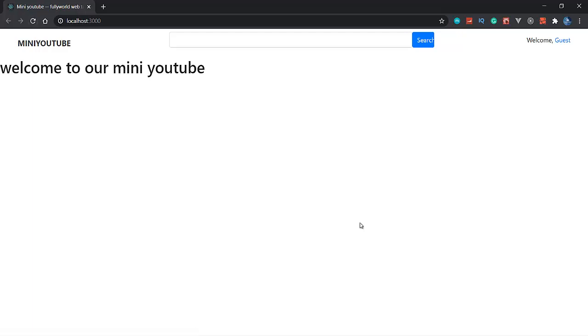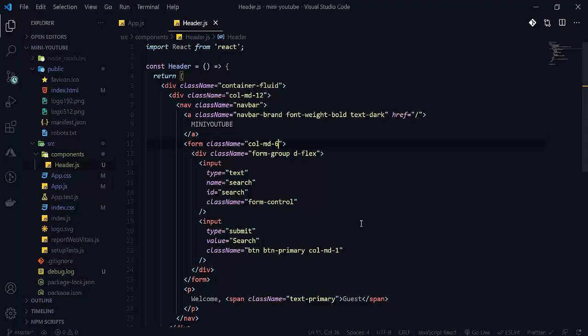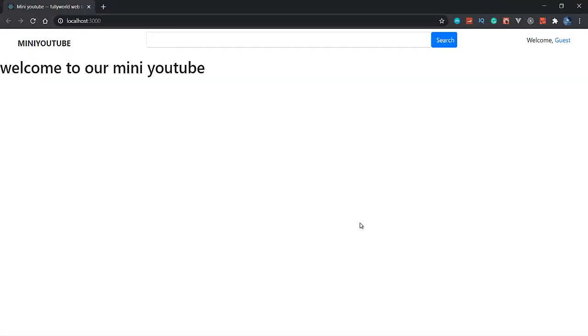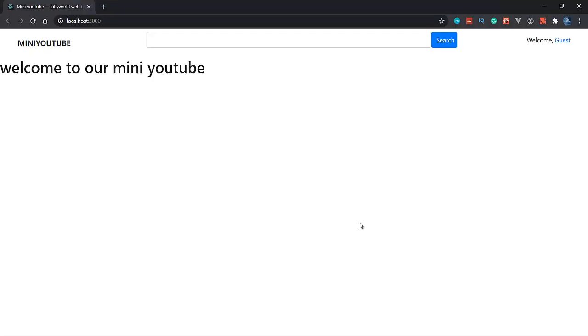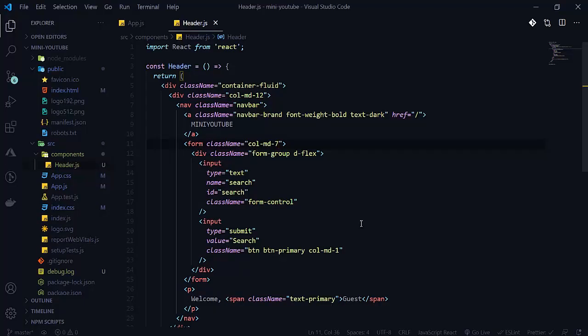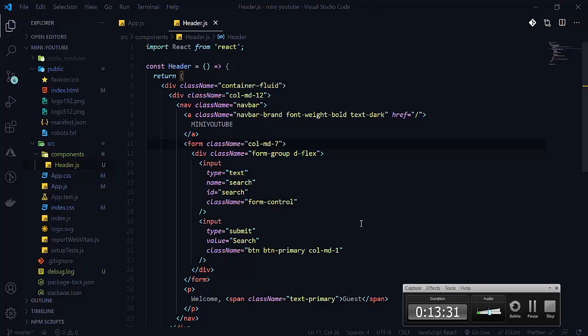Let me make it col-md-7. Let me do it again. See that this is our search bar here. Now I can make it col-md-7, and I guess the whole thing is looking good here. But our navigation bar is not looking so good, so we have to change this. Our form is here. Form is also here. So let's apply col-md here.